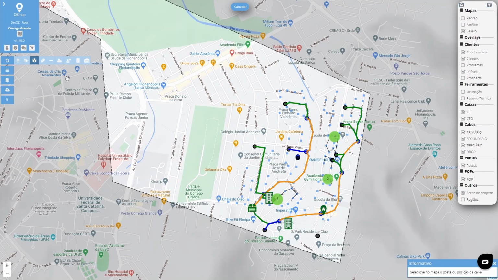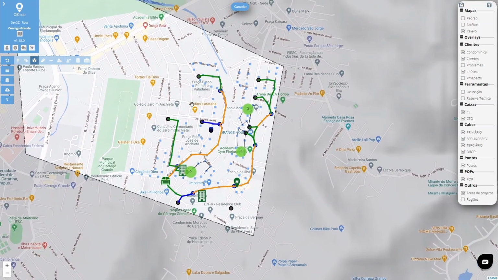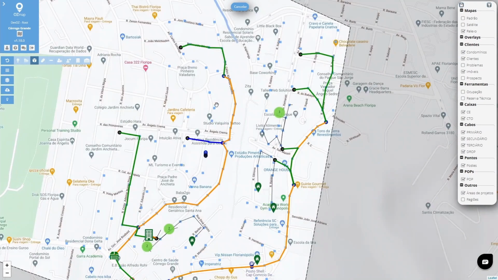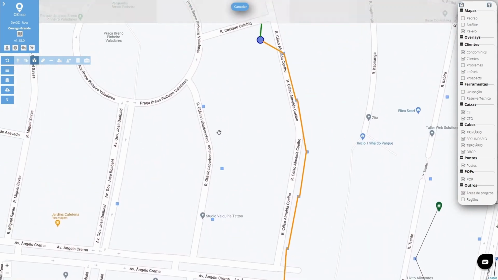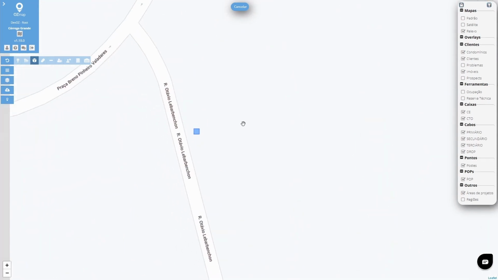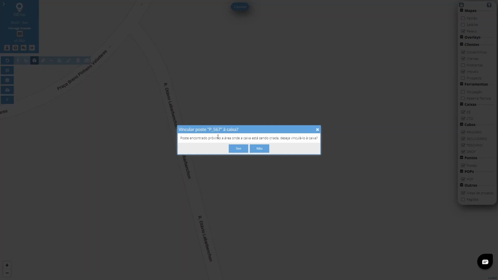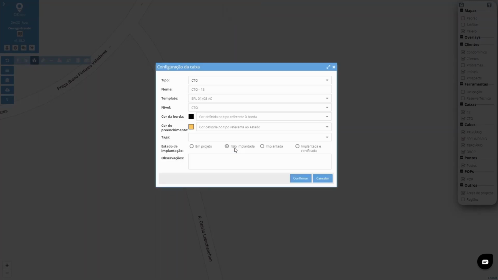Then I click on Add Box and search for the location on the map where I want to add it. In this case, I'd like to add it to a pole. So, to do this, I'll zoom in on the map, choose the pole I want to connect this box to, and click right next to it. And the system will automatically ask if I want to link this box to this pole. I'll click Yes, and that will open this box configuration window, which is where I'll put in the details about